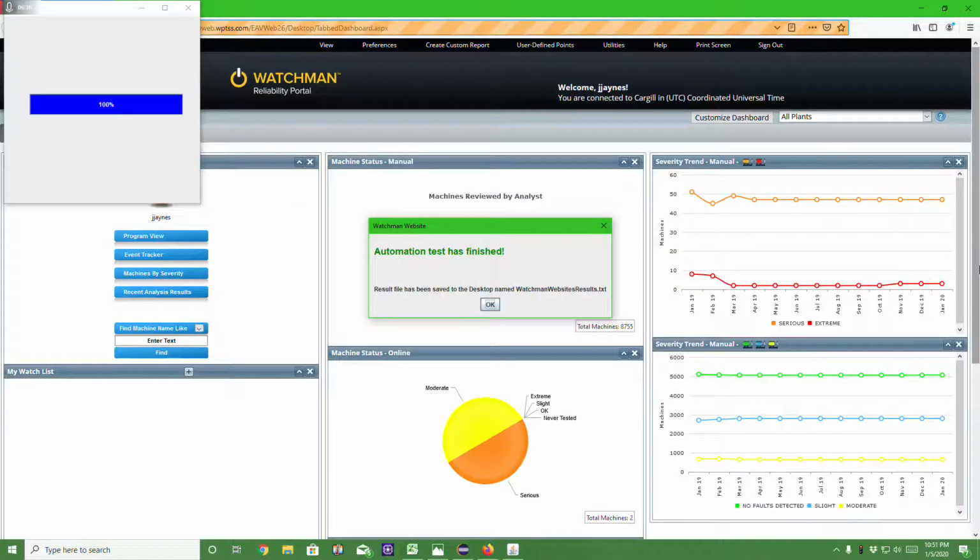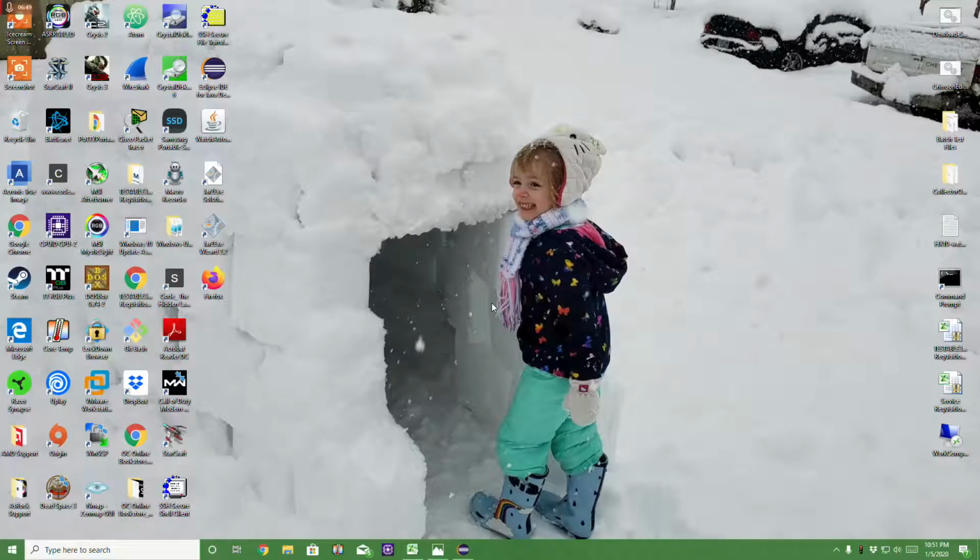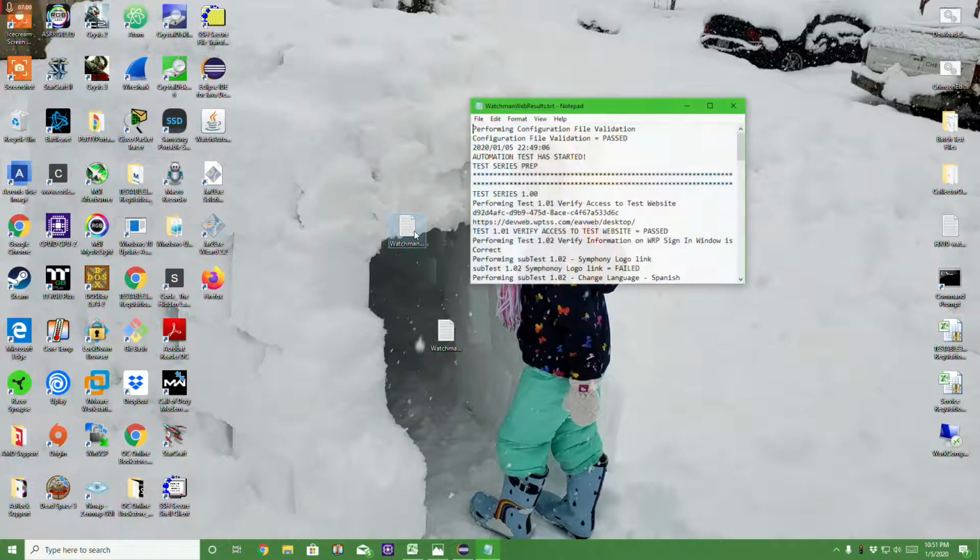Okay, automation test has finished, and we have a text file that goes to the desktop. If I click OK, it's going to close the progress and the tab open. And we should have a text file somewhere over here. Oh, it's on my other display. So here's the configuration file, and here is a text file. We can open this up,